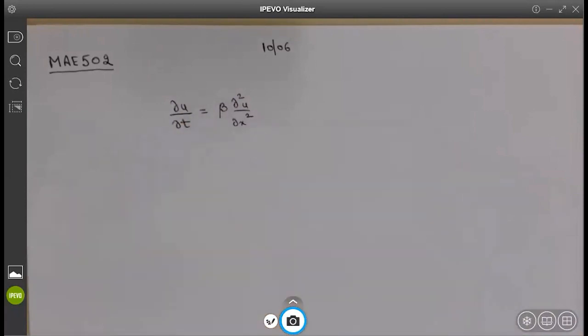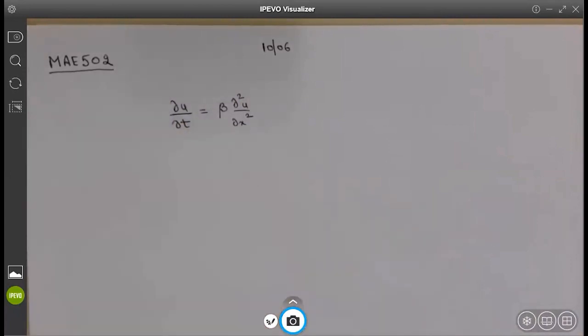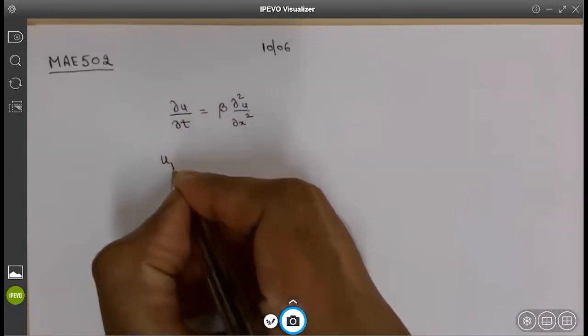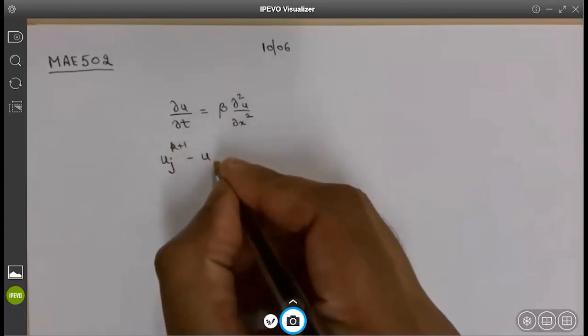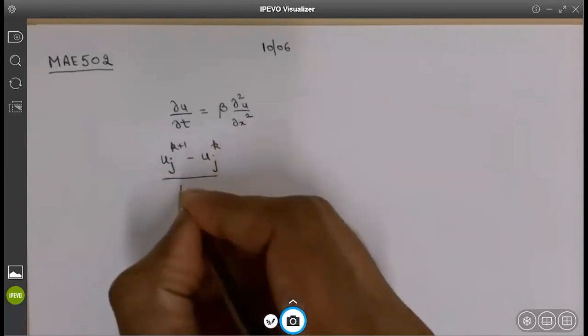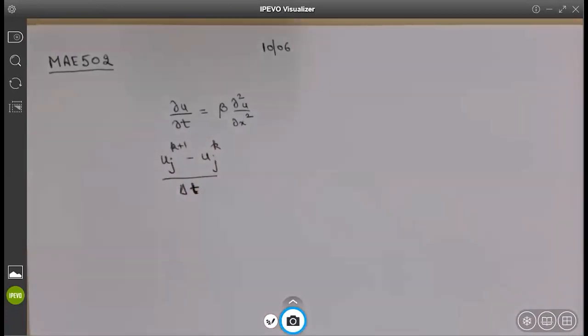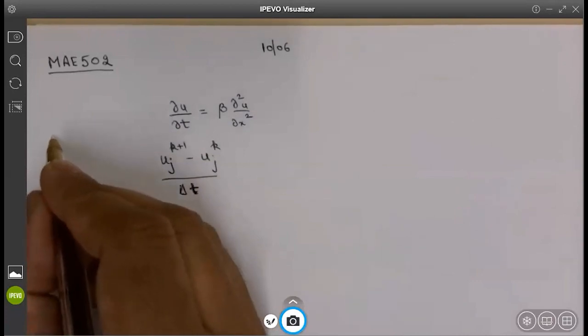We will learn those concepts when we study numerical differentiation and integration. But at this point, you are given the formula for how you can approximate these partial derivatives using the finite difference formula. And your formula basically tells you u of j at k plus 1 minus u of j at time k, divided by delta t, where this j and k, let me actually explain, are the coordinates of the grid point.